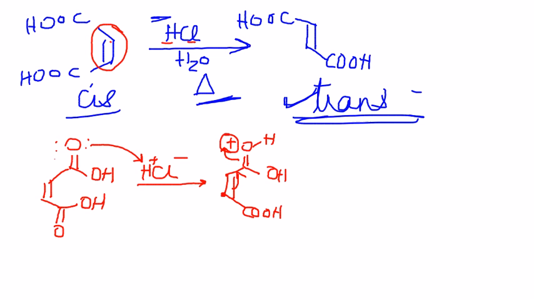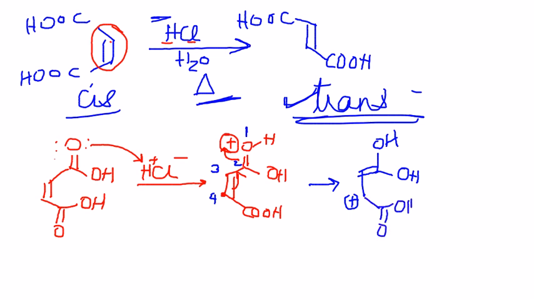Let me number these atoms so you can see. If that oxygen is position 1, this is 2, this is 3, and that's 4. So you can say that essentially your delocalization of electrons gives you a structure that has a positive charge like that. And now your Cl can come in